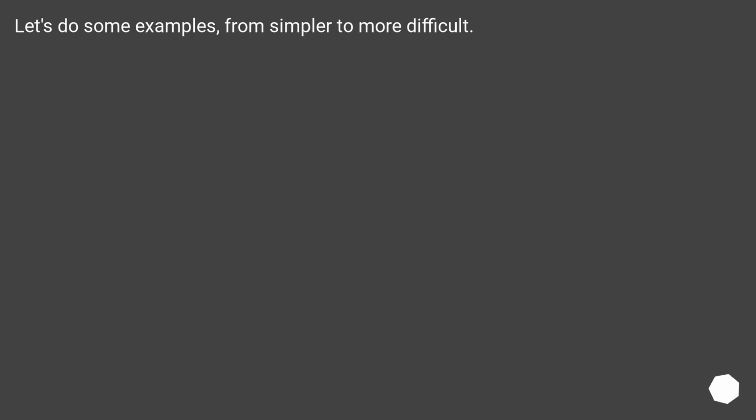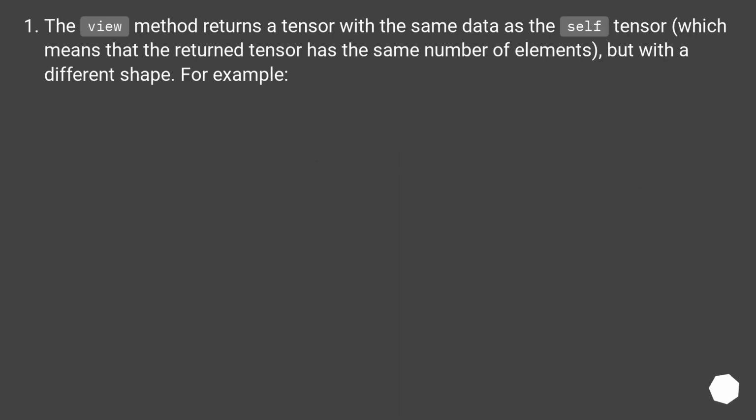Let's do some examples, from simpler to more difficult. The view method returns a tensor with the same data as the self tensor, which means that the returned tensor has the same number of elements, but with a different shape. For example,